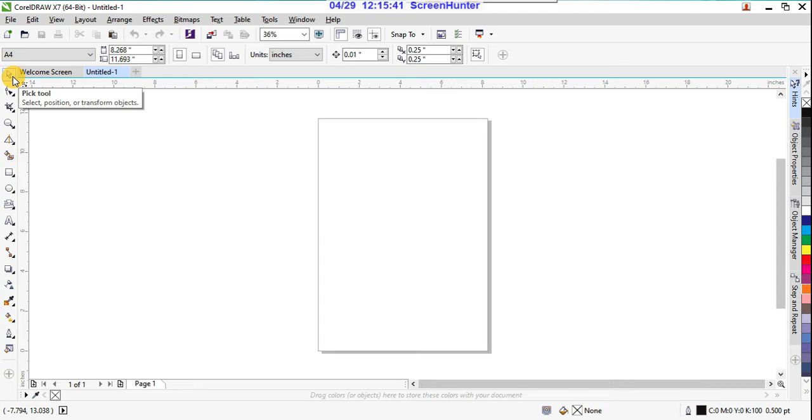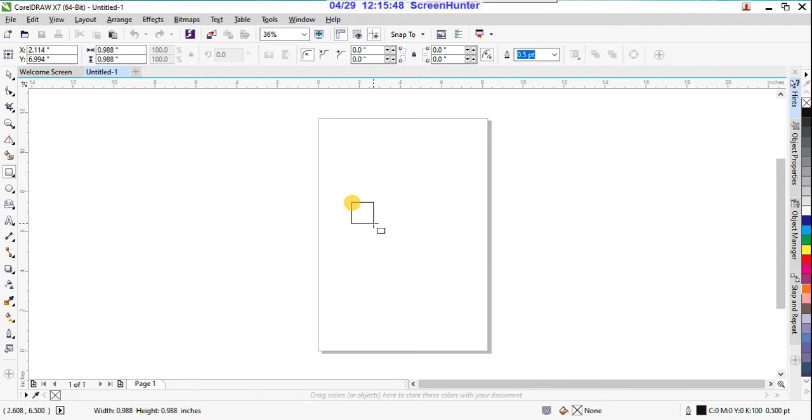Select, position or transform objects, right? So take any object here, it can be any shape or drawing or picture, photograph, whatever. Yeah, this is my square. For the time being, I'm filling colors into the box.